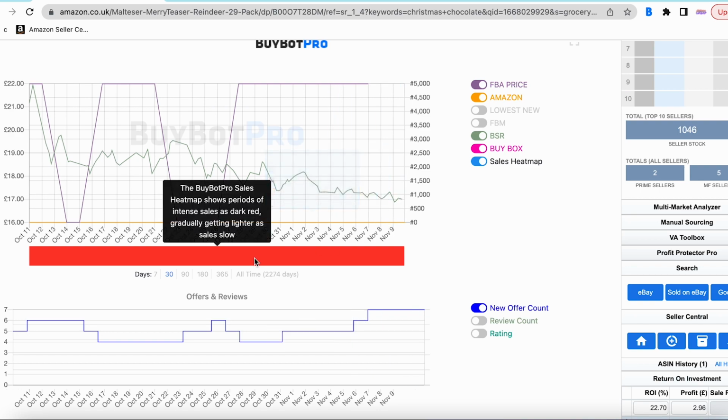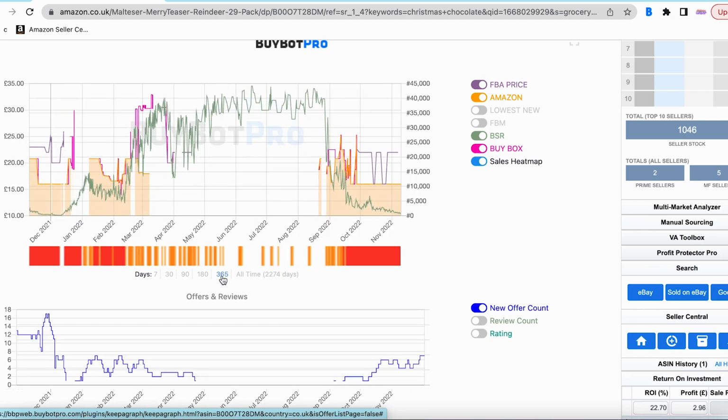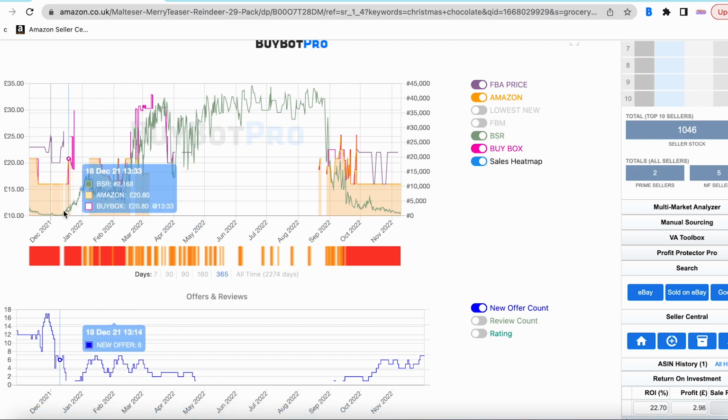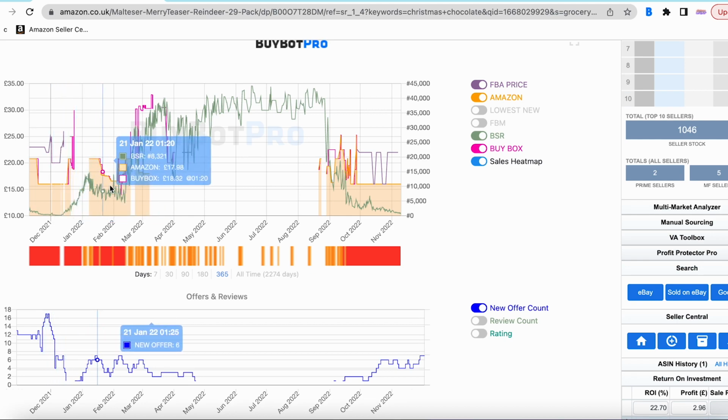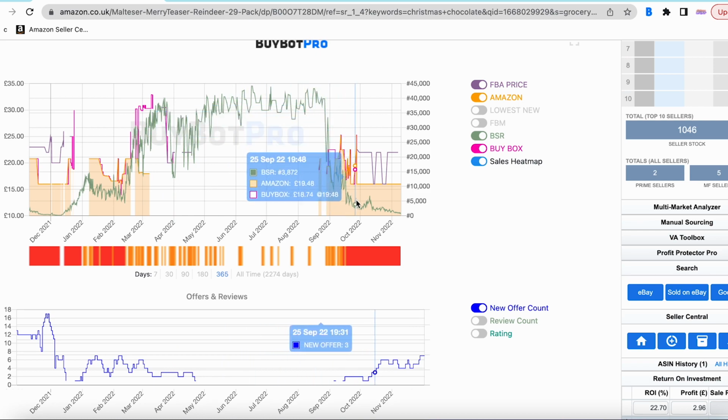Now what we can also do is click through these dates at the bottom here, so we can look at the sales over 7 days, 30, 90, all the way through to all time. So if I just click on 365, this just gives you a really good idea of what's going on. So we can see that this BSR last Christmas was very good, as we would expect. And then as we get later into the year, it goes up, the sales start to drop off, all the way through to October this year, where they really start to pick up again,